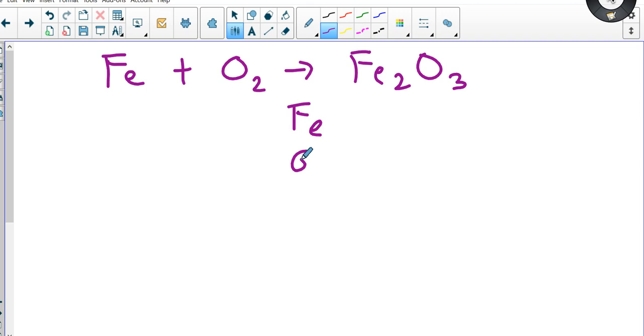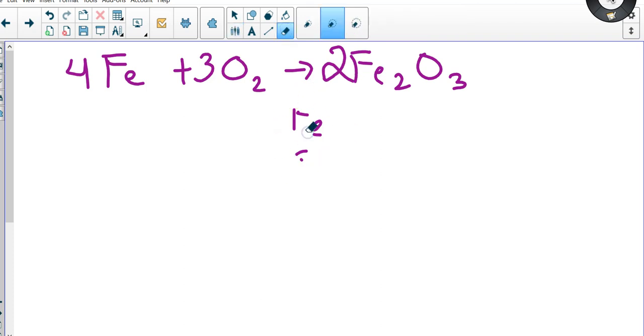Connor? 4 Fe plus 3 O2 yields 2 Fe2O3. Mm-hmm. And so the way, do you need me to show this? Do I need to work it out? Anybody? Sure. But remember, you make a chart and you count them up, and then you go down the list until it works out. If you're having trouble still balancing equations or writing compounds,